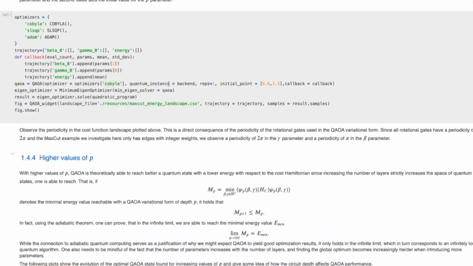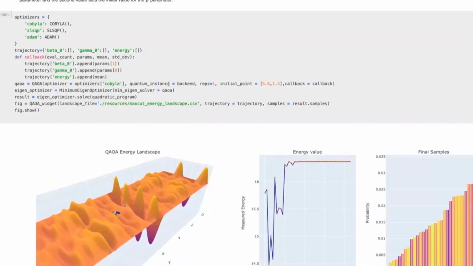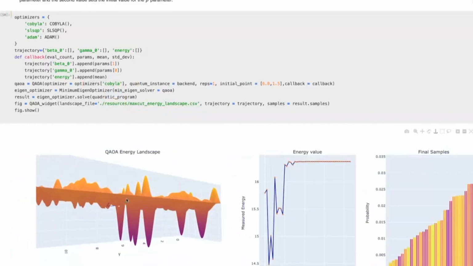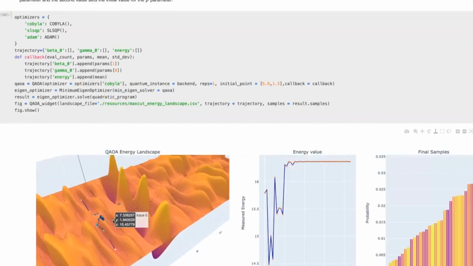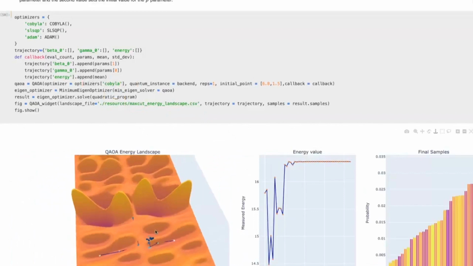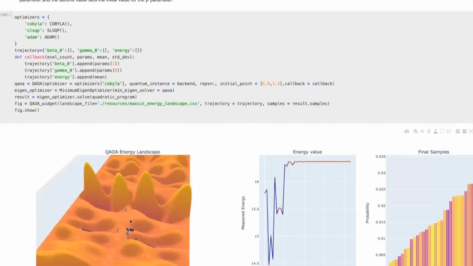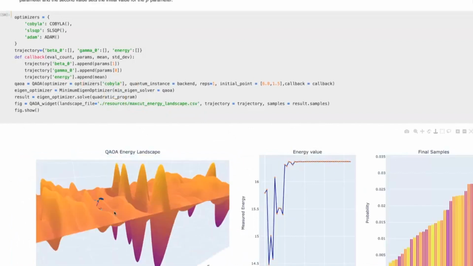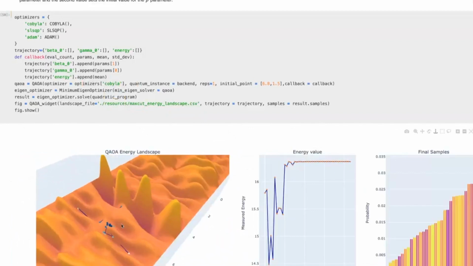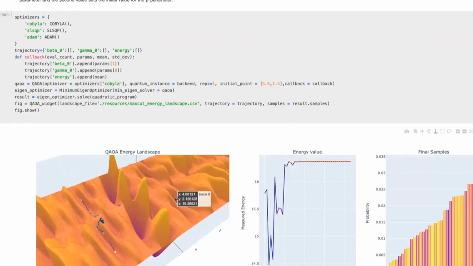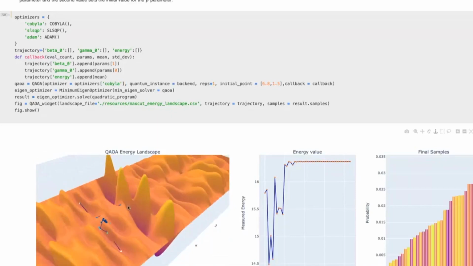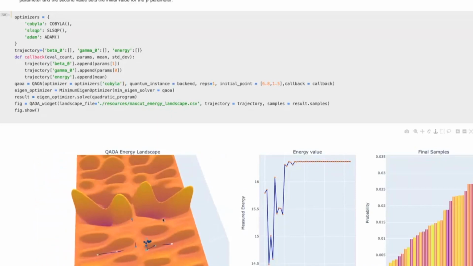Okay, if I run this code again, it actually went pretty fast. It takes a little bit to do the optimization. But you can see that the COBYLA optimizer looks much different from the Adam optimizer. And in fact, it fails to find the global optimum. So we can already see here an example of an optimizer that gets stuck in a local maximum. We again start at the same point of the optimization, but for some reason we end up at this local hill.